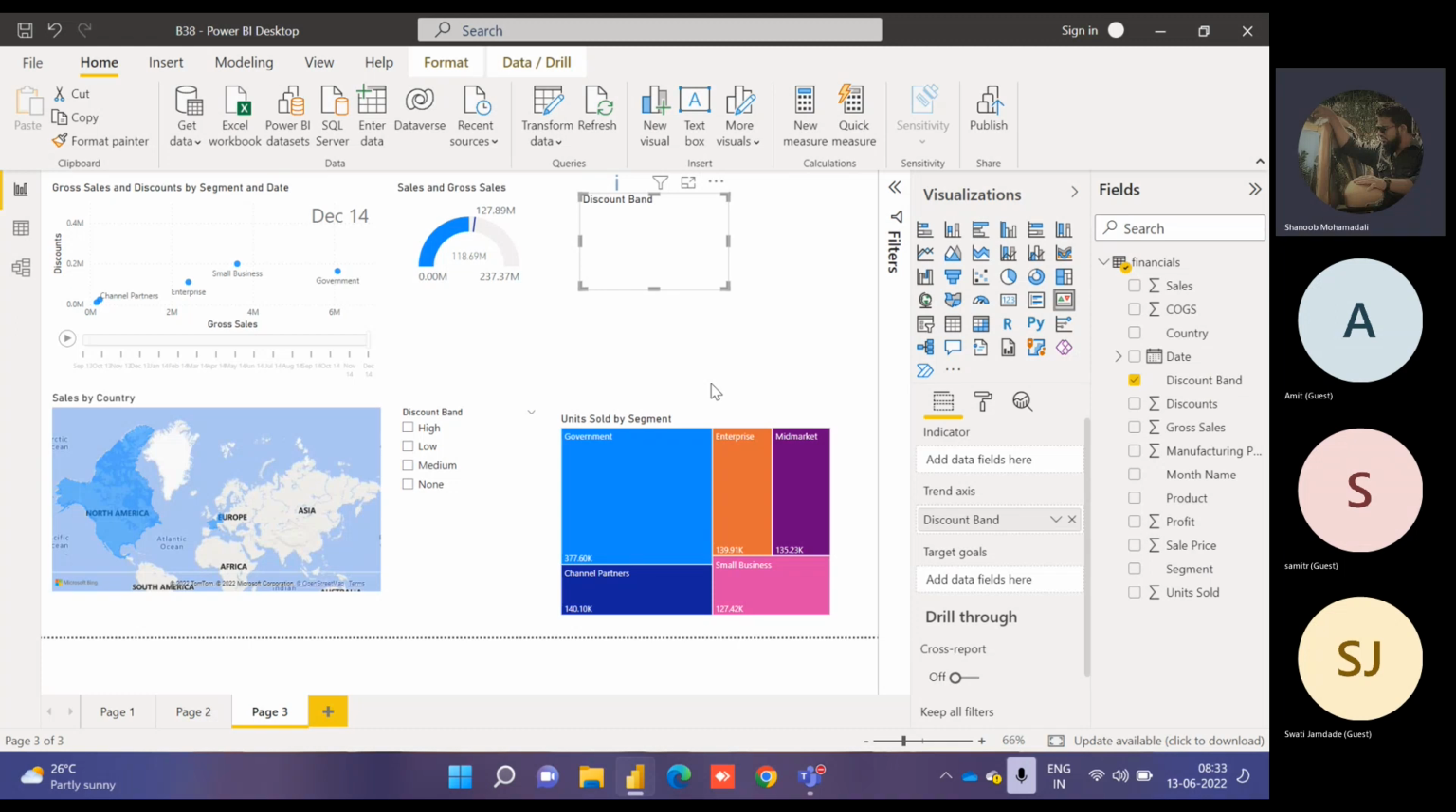It won't show the total of a particular measure. At any given time it won't show the total. It will only show the latest one. So if you see right now it is blank, even though I have the discount band,